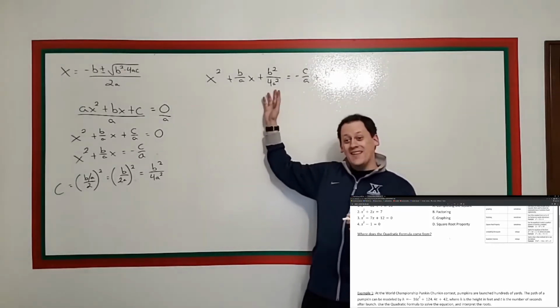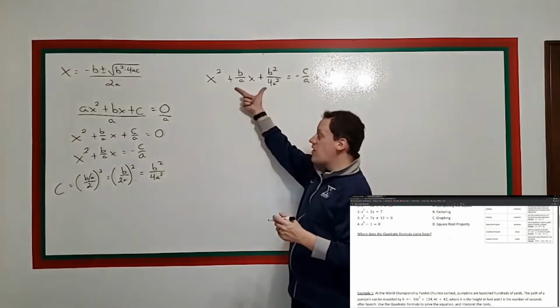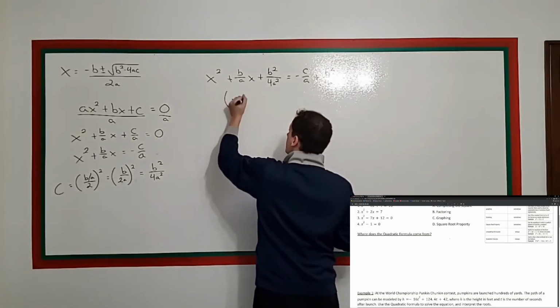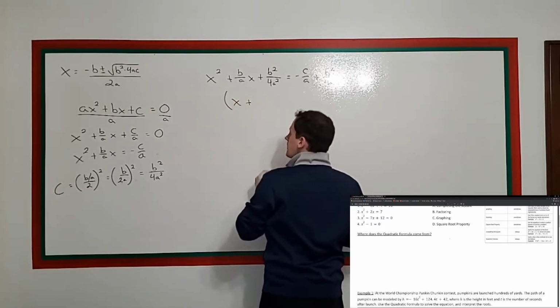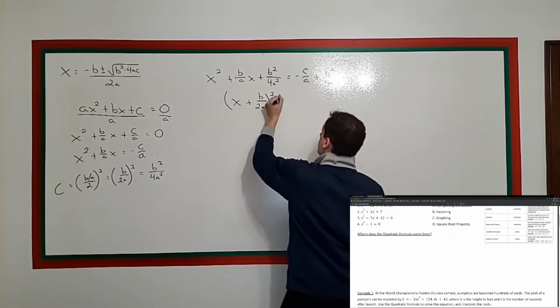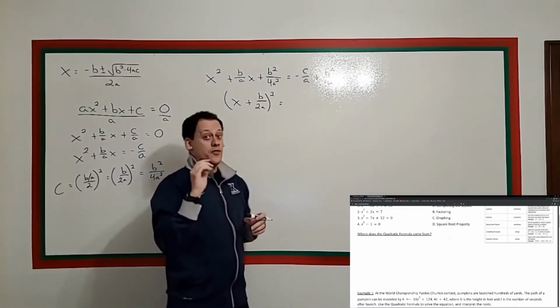So this looks like a lot bigger of a mess than what we started with, but we've completed the square over here. We should be able to write this as something squared. And in fact, this is x plus b over 2a squared. And on the right side,